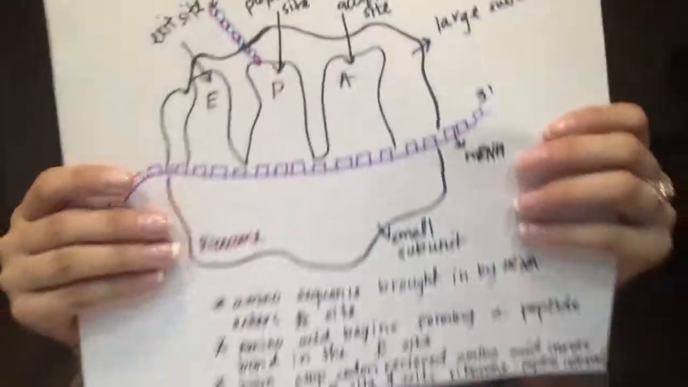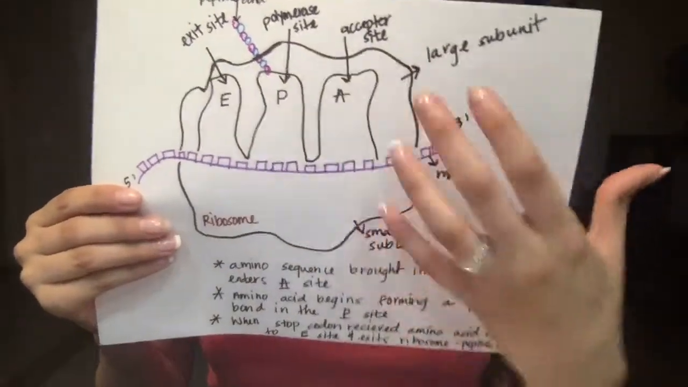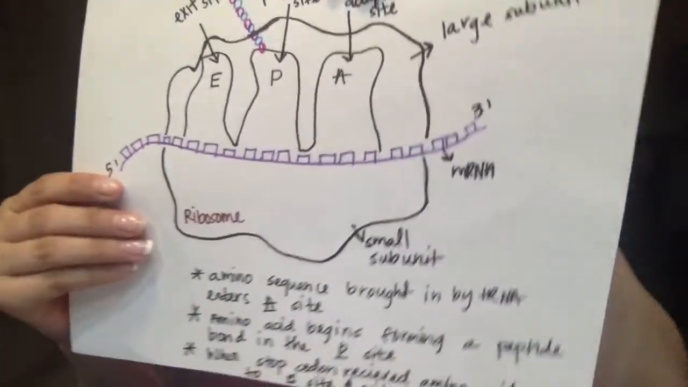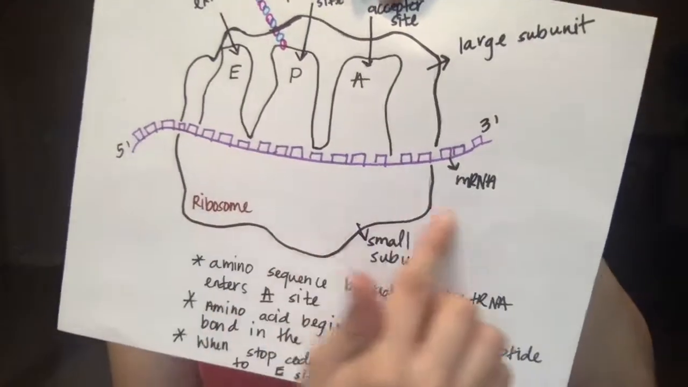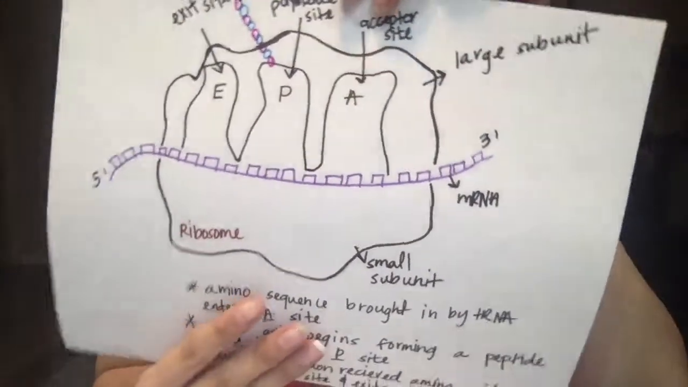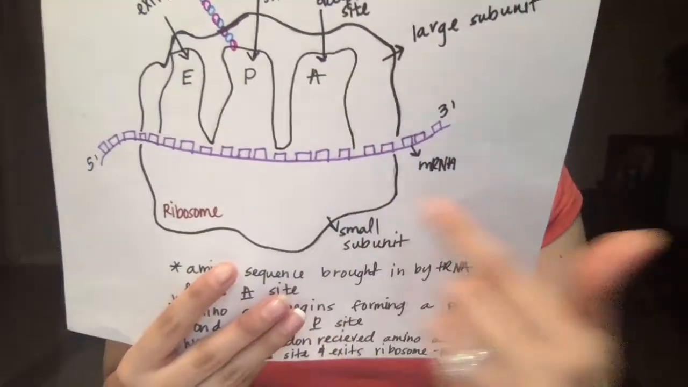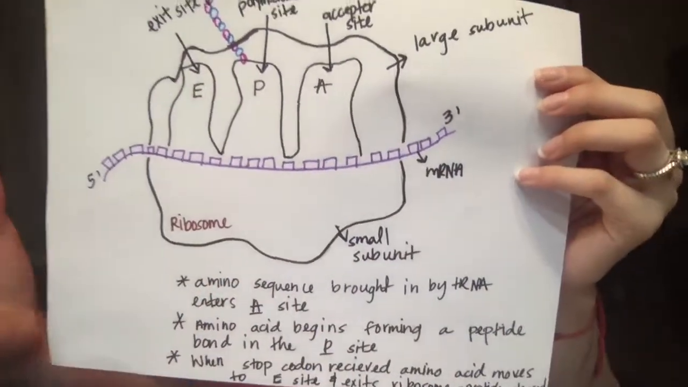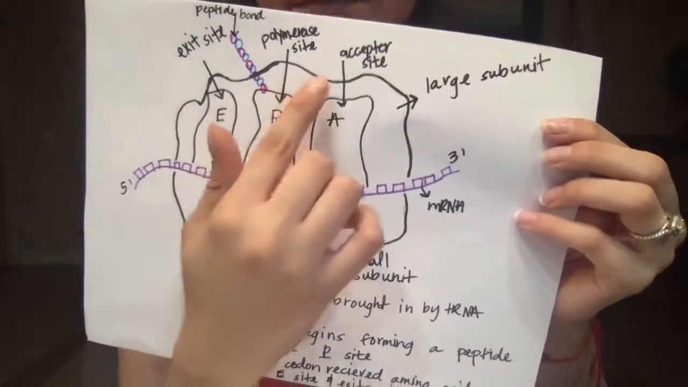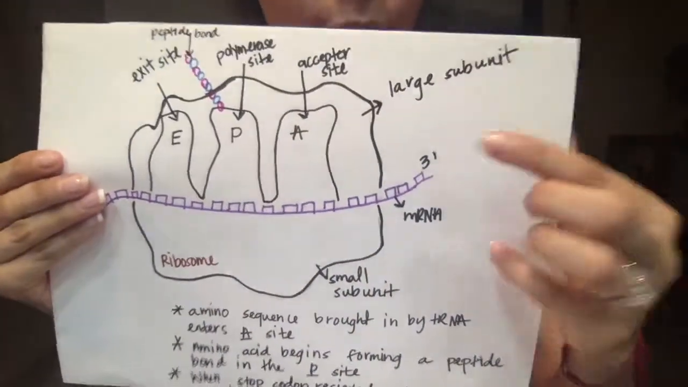Okay, so after it is inside the ribosome, we have the large subunit and the small subunit. And we have an amino acid that is brought in by a tRNA, and it enters into the acceptor site. So the acceptor site, that's the beginning. It is then pushed over to the P site, which is the polymerase site, where the peptide bond is actually